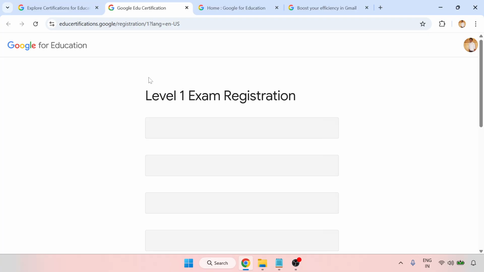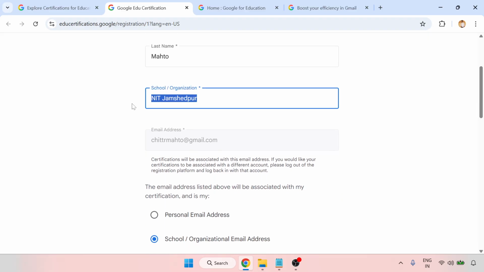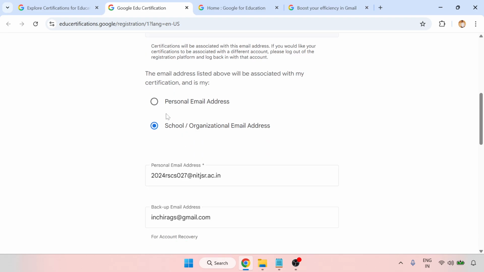So now register for English. The level 1 exam registration is there. So name, organization. I'm giving organization and personal email address. I'll go through this. Let me go through the